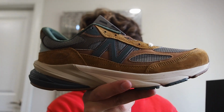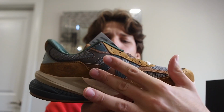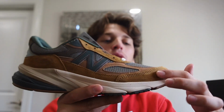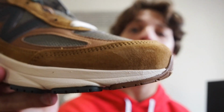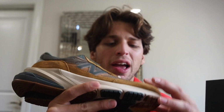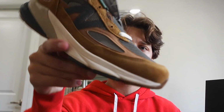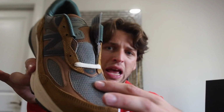Now jumping into the shoe itself, we got a lot going on, but it's in a very muted way, so it's kind of odd in hand. You got a blackish green N logo. You got a light wheat. This is very similar to the wheat SBs right here on the front of the shoe. That's like a wheat that you would get on wheat SBs. And then right up here, you got like a Baroque brown right there. And then you got more of that grayish, greenish. I think it's actually a gray now that I really look at it. So you got like a gray kind of thing going on this mesh netting